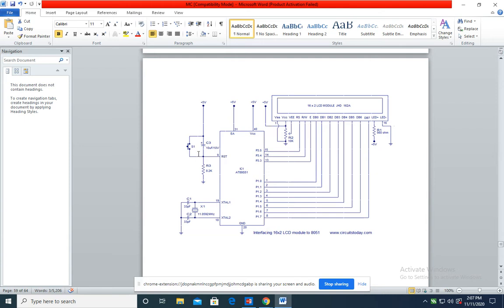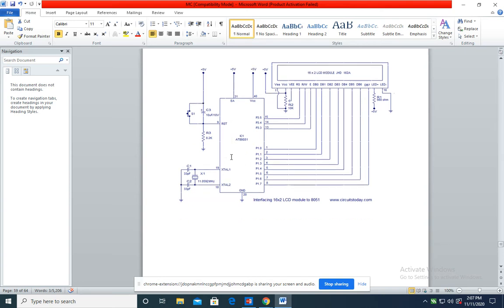If you want to activate the reset of the microcontroller, you have to apply an active high signal to pin number 9 of the 8051. After power on, the active low signal is applied to the reset pin, and whenever you close this switch, an active high signal is applied to pin 9. Your microcontroller will get reset and start the execution of the program from its initial location.